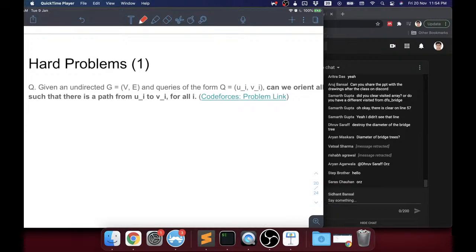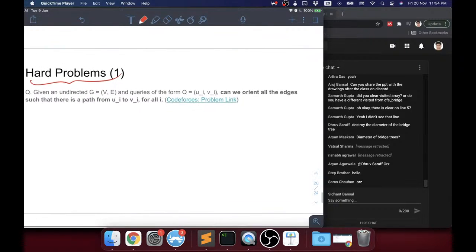For this problem, hard problem 1, what's the question? So given an undirected graph and queries of the form UI, VI. So you're given multiple queries. I goes from 1 to n. Okay. And can you orient all the edges such that there is a path from UI to VI for all I? So meaning,